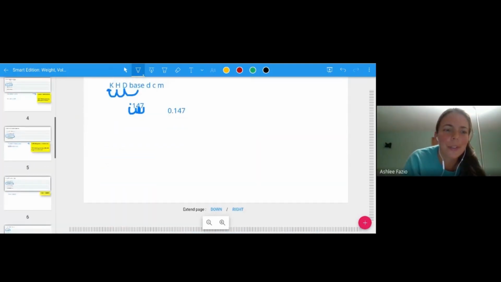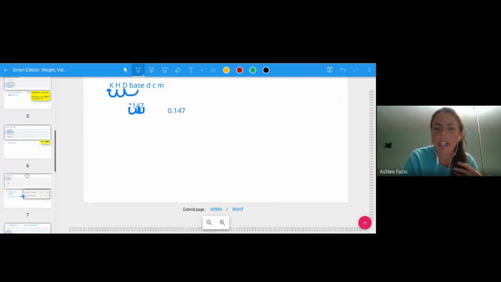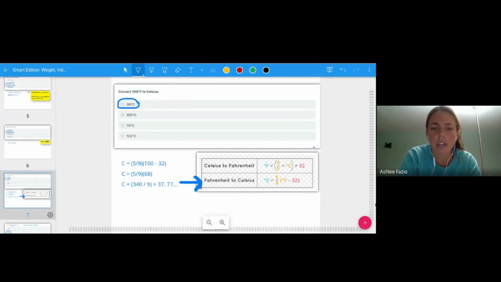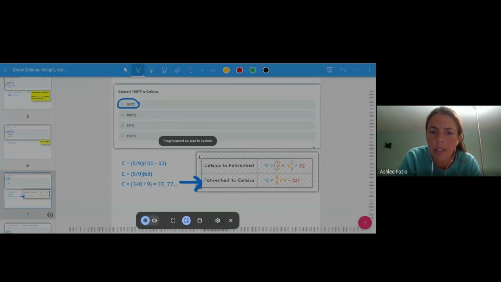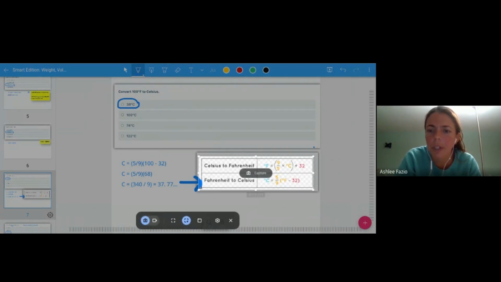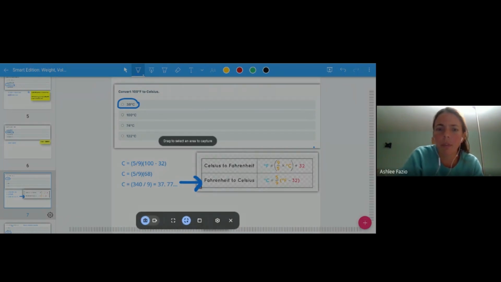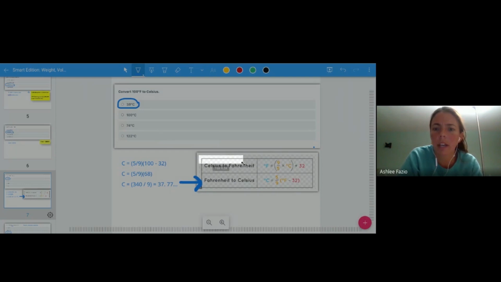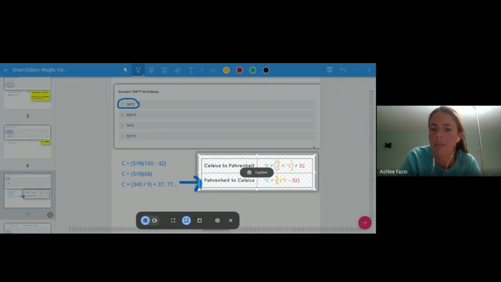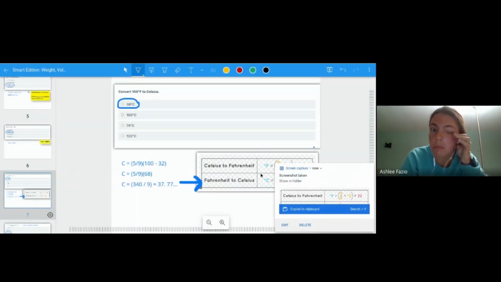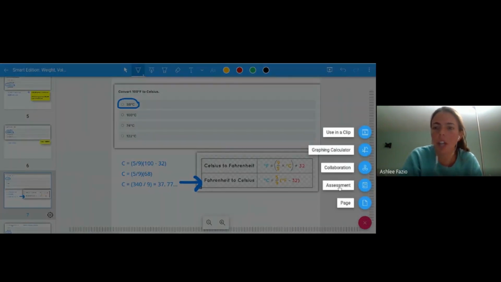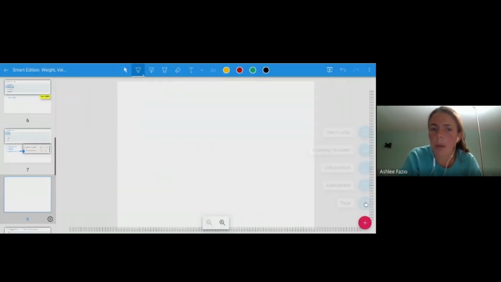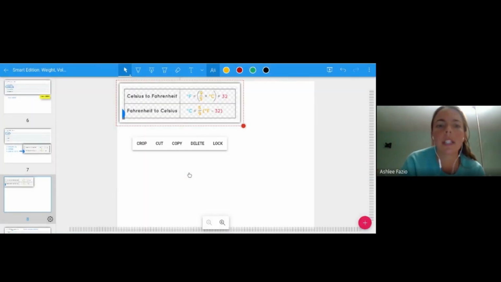Cool, thank you. So I'm just going to go back here real quick, and I'm just going to screenshot this and bring this down to a new slide for us real quick. And what we did before was a Fahrenheit to Celsius conversion. Let me just make up a Celsius to Fahrenheit conversion for you, and we can give this a shot before we wrap up. So here's our formula. This time we're going to use Celsius to Fahrenheit. So I am just going to make up one,